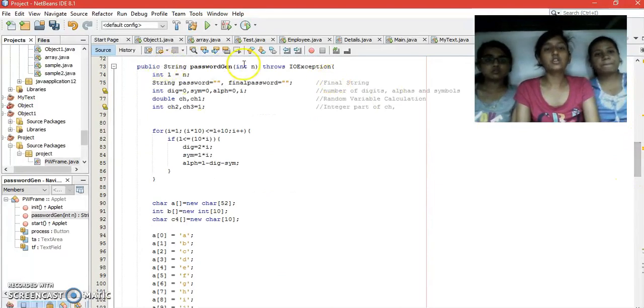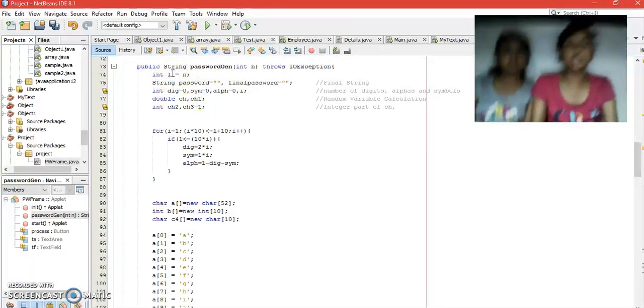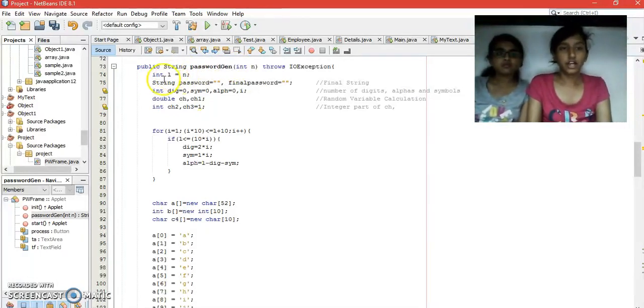So next we go to the function passwordGen. Here we initialize the integer variable L, which is nothing but the length of the password, and we initialize the string variable password, which is initially null, and also the final password, whose use will be seen later in the program.